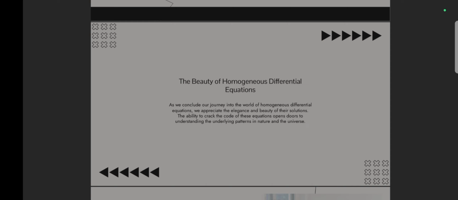Here are some aspects: the symmetry and simplicity, universal applicability, interplay of mathematical concepts, insight into fundamental principles, aesthetic appeal, applications in physics and engineering, etc. Overall, homogeneous differential equations offer not only a practical tool for modeling real world phenomena but also a source of beauty and inspiration for mathematicians and scientists alike, showcasing the elegance and power of